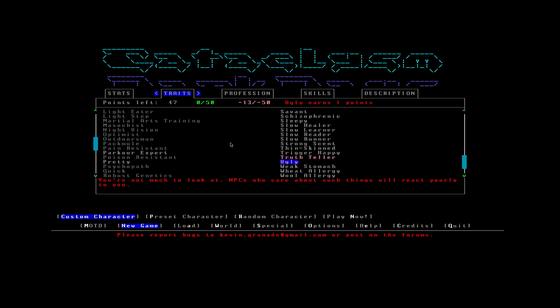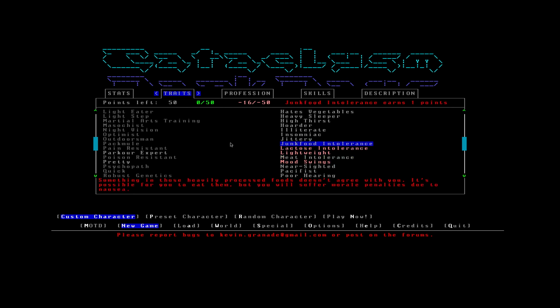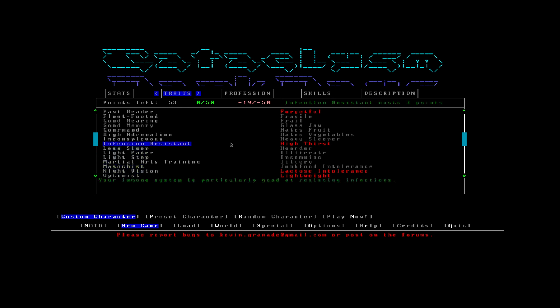Truth Teller and Ugly are always the ones that you always gotta pick because they're useless right now. Weak Stomach, I always pick that. That's a nice one to pick. What was I looking at? I was kind of tempted to pick. High Thirst was kind of tempting, wasn't it? 3 points, though. I'll pick it temporarily. I might turn it back off, though, if